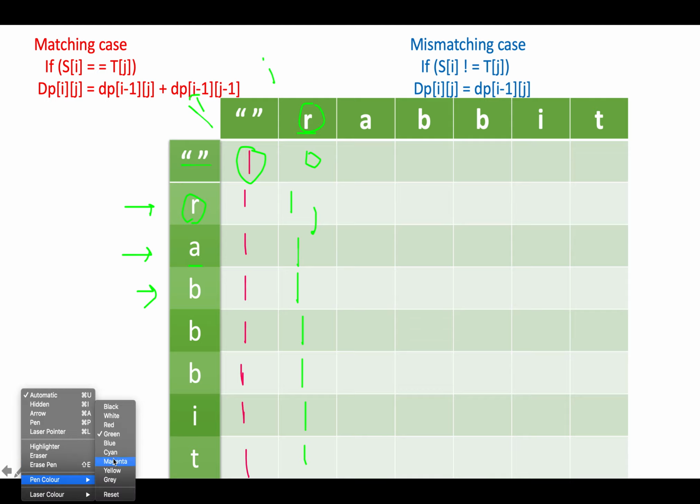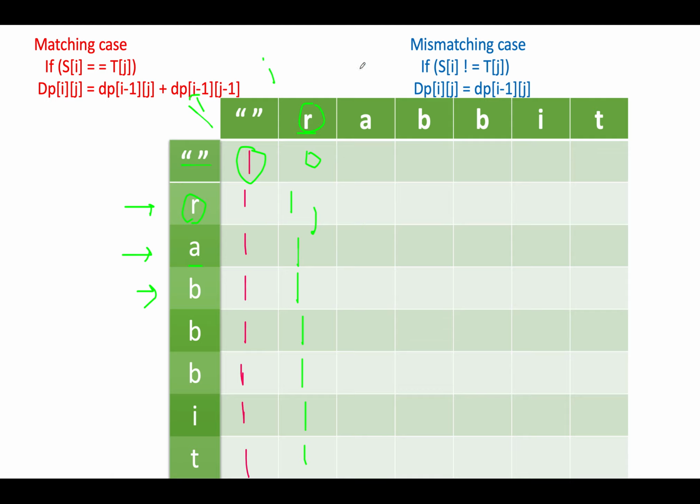Let me just change the color of pen, and here you see that we need to consider two characters in string T, which is RA. So j points to the second character, and let's walk through string S, and let's fill in the complete column. So in the first case, the string S is empty. Therefore, there is no way to generate RA from an empty string. This gets updated to 0. Next we have a character R. R is not equal to A. It's a mismatching case.